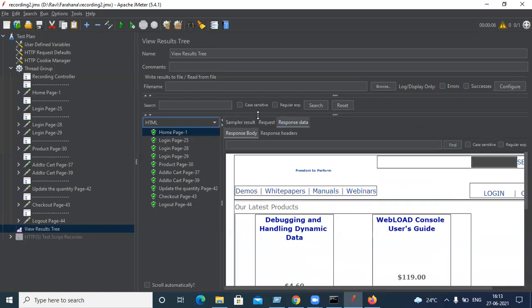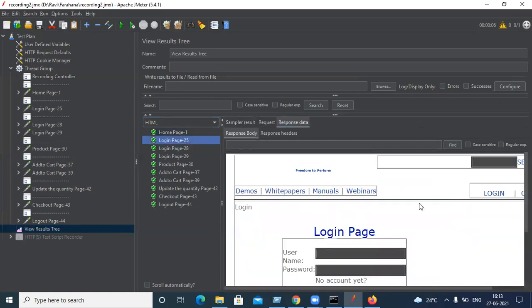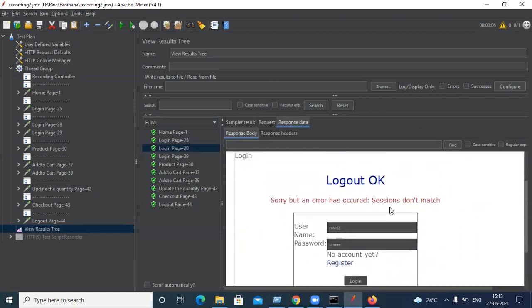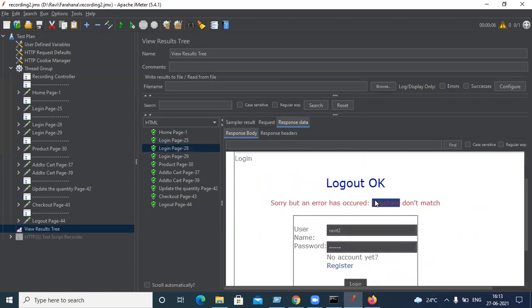Correct. So your home page is ready, your login page is also ready, and your login is 28, and this is giving an error. Yeah, and we discussed in our sessions why and what. By default, for 99% of applications when you record with JMeter, you have to do correlation.